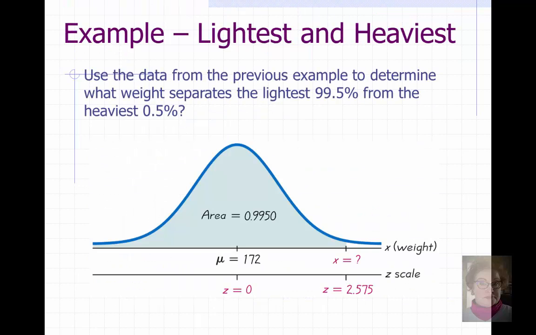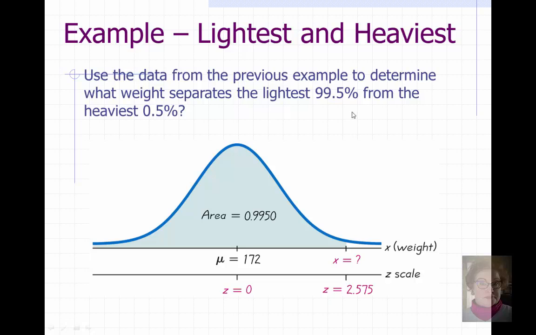Now let's look at this, and we're going to use the same data, the weight data, where the mean was 172 and the standard deviation was 29. And it says use the data from the previous example to determine what weight separates the lightest 99.5% from the